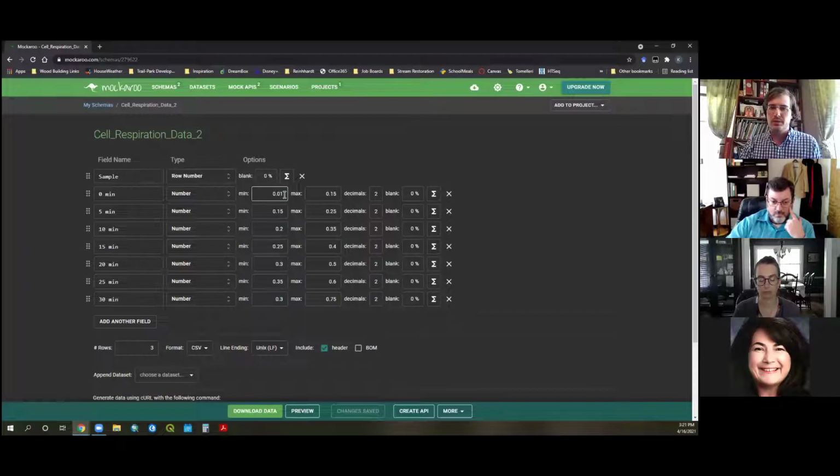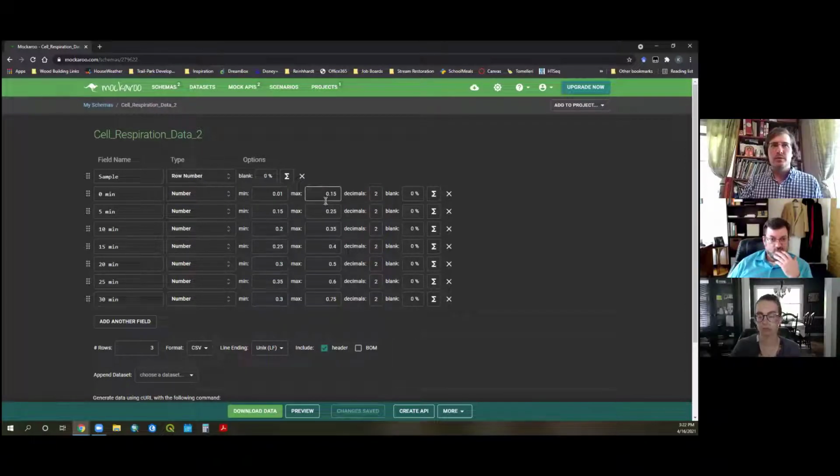So there's something wrong with your machine or there's something wrong with your setup. But most students would see a maximum range of 0.15. And so I wanted output of 2 decimal places, somewhere between this and no blanks. They should always be getting data.